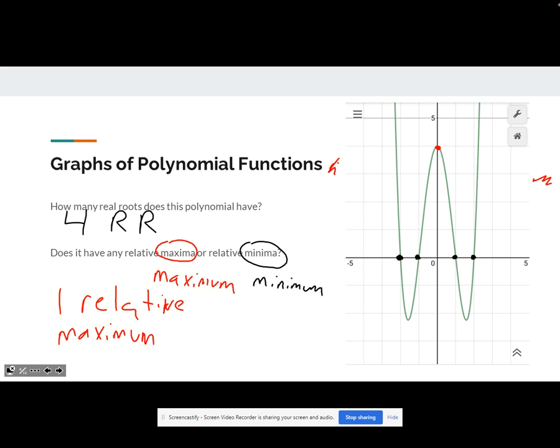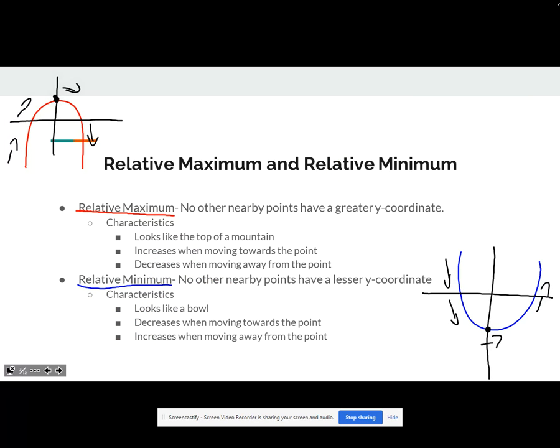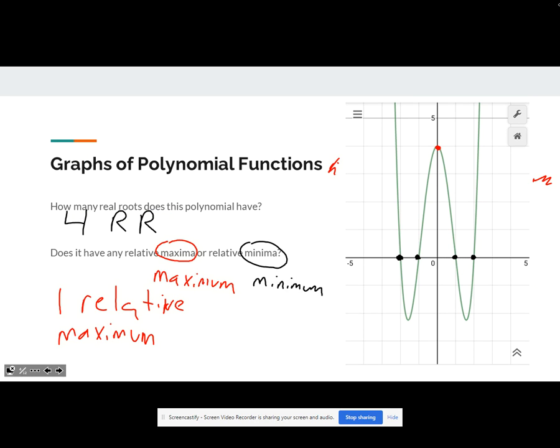And then let's look for the relative minimum. Well, it's the same thing, except we're looking for this place where there are no lesser y coordinates. So we're looking for our bowl here. And in this instance, we've got one over here and one over here. So you can have multiple maxima and minima. So here we have 2 relative minima. M-I-N. See, I can't spell today. Two relative